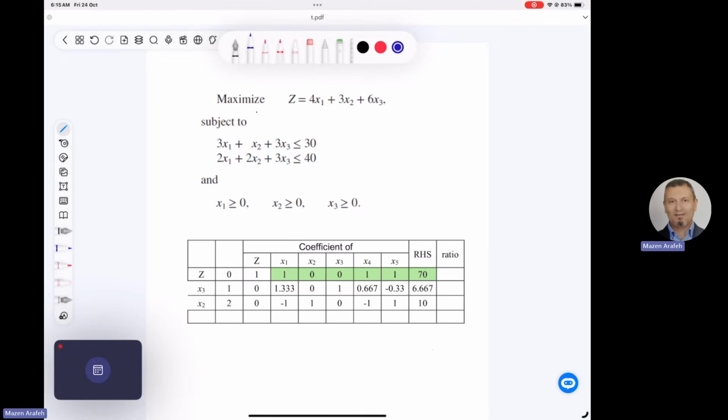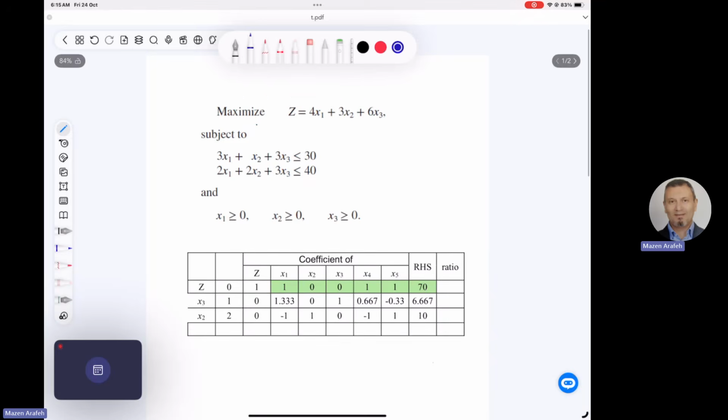Okay, so I got this problem from the book, and I want to show you how we can do the post-optimality analysis. Basically, we have here three variables and two constraints. So we have C1, and we want to see what is the allowable increase and decrease for both C1, which